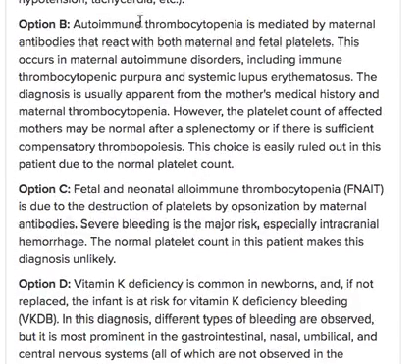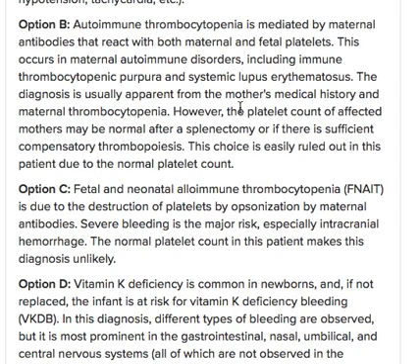Option B, autoimmune thrombocytopenia, is mediated by maternal antibodies that react with both maternal and fetal platelets. This occurs in maternal autoimmune disorders, including immune thrombocytopenic purpura and systemic lupus erythematosus. The diagnosis is usually apparent from the mother's medical history and maternal